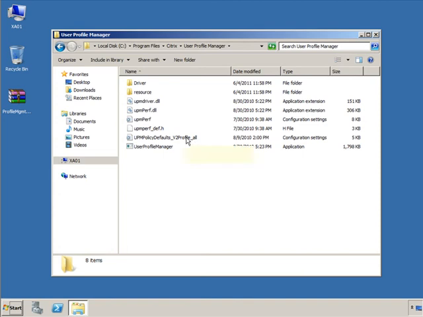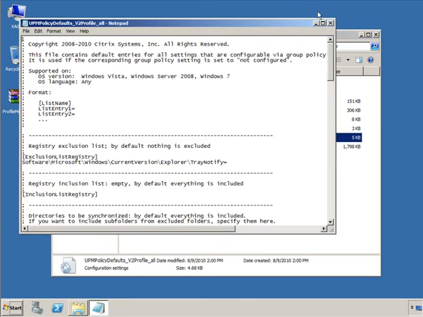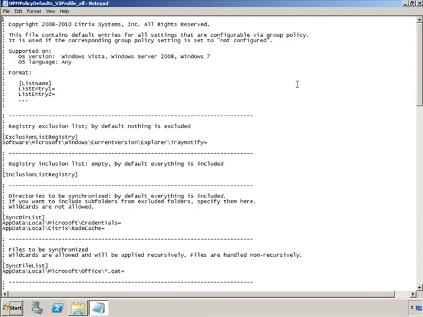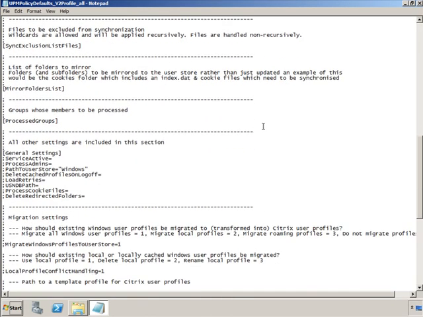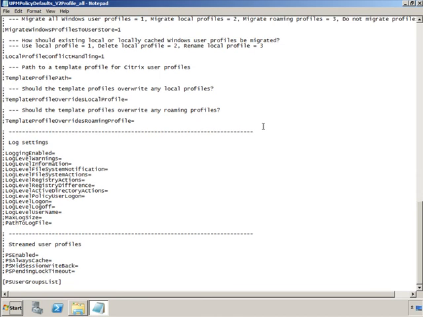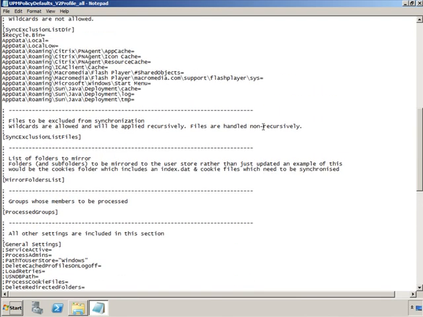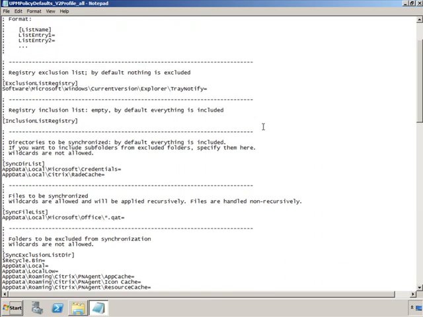This is the file that you are looking for. Again, it's very self-explanatory. It's the same settings that we went through in group policy, except you're setting them through pretty much a text editor, and you're making them for this particular machine at this point. And so if you wanted to do it via INI, you would have to replicate the same settings to all